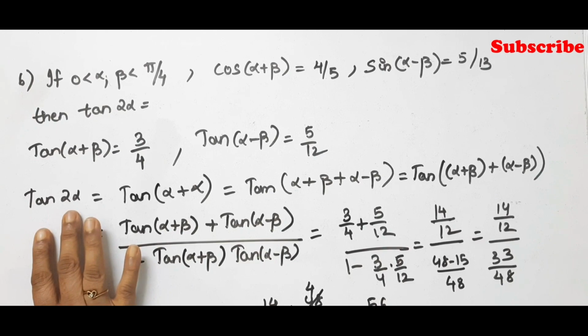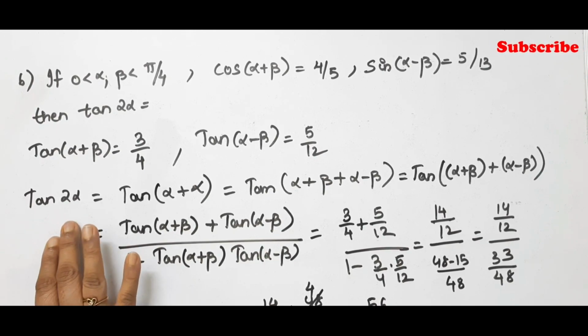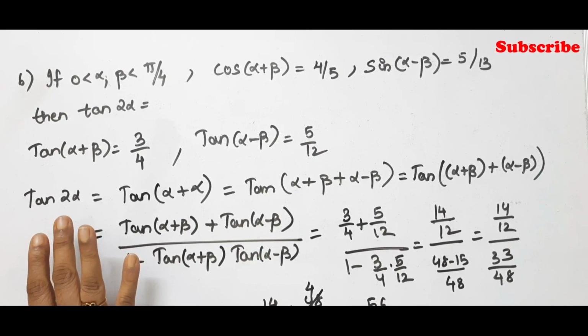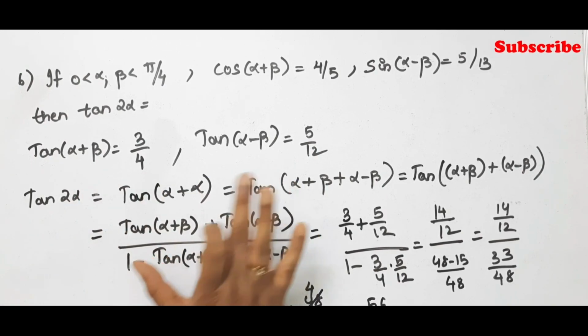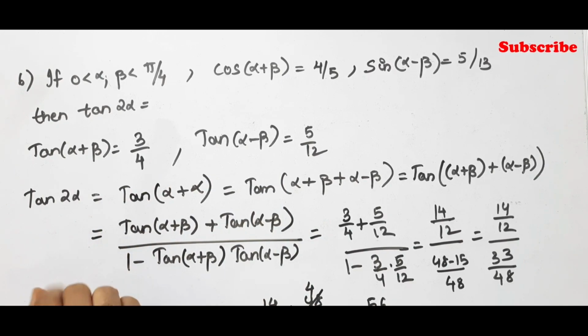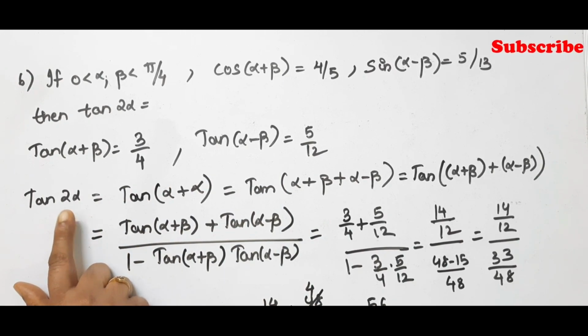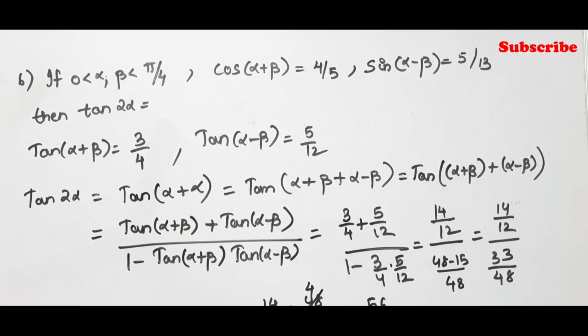Then we have to check what angle they have given and how we have to transform it. Here they have given 2 alpha. In our hand we have alpha plus beta and alpha minus beta. So I have just transformed this 2 alpha into a sum of 2 angles such that we will get alpha plus beta and alpha minus beta, and brought it to the formula tan of a plus b, and after using that formula and substituting the values, I got the final result for this problem. Similarly, you have to do for this type of problem.